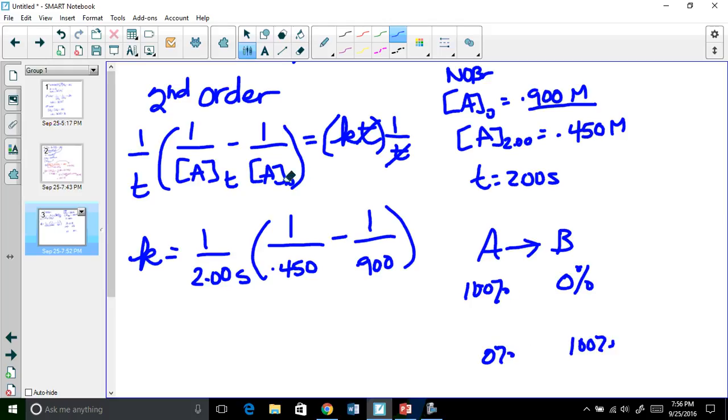But the initial concentration is always the bigger number, always, because in the beginning, it's the most A you'll ever have, because as the reaction proceeds, it starts going to B. So what I'm going to do is, now that you have this, because the rule in chemistry is that you don't have to carry units, but I just kind of want to talk about them a little bit. So the interesting thing is that, remember the rule in chemistry is you always do the algebra before you plug